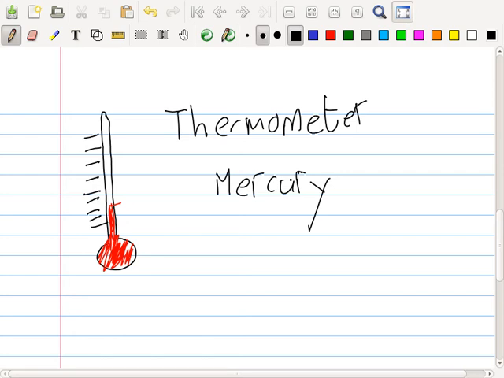I remember in physics class in high school, our teacher had some mercury and he spilt it. It fell on the table. I remember the sound when it falls on the table. Even though it's a liquid, it sounds like balls running on the table. And when it falls off the table, it sounds like you drop a ball. It's so heavy, it just goes dunk, dunk, dunk. Doesn't sound like water.